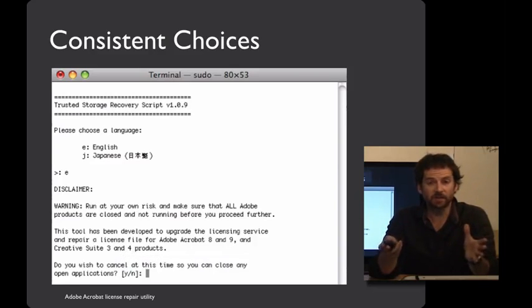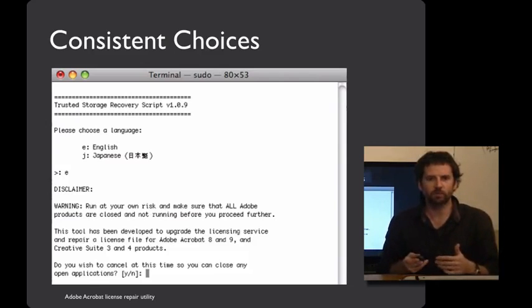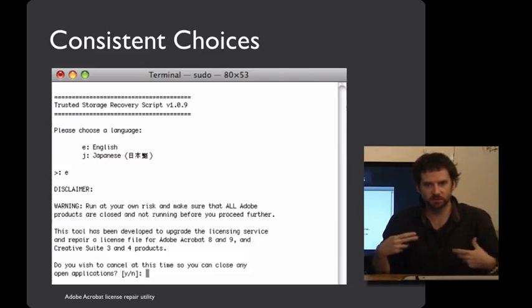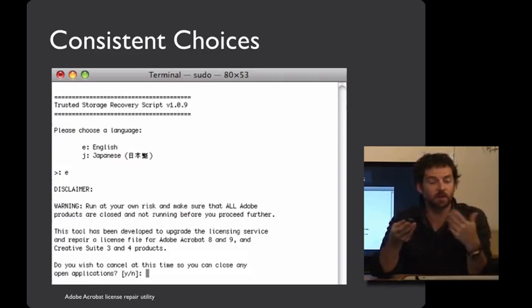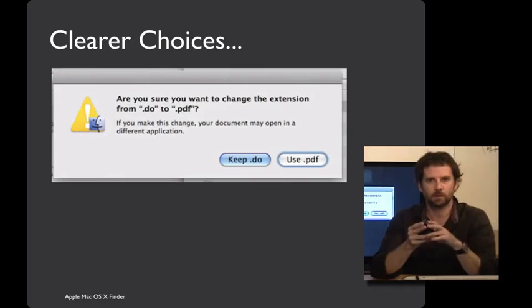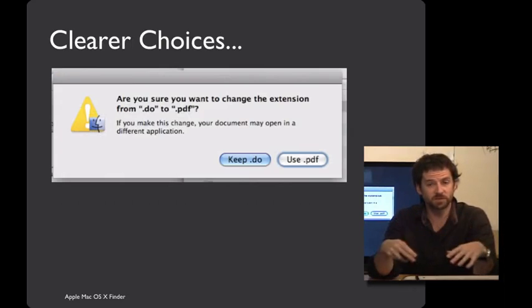However, what we actually have here is do you wish to cancel? And so if you press yes to continue, it's going to drop you out of the application and you'll wonder what happened. Or if you press no with the intent to cancel, you'll actually continue and you may run into problems. In this particular case, one way that you can solve this problem about what yes or no or okay or cancel mean